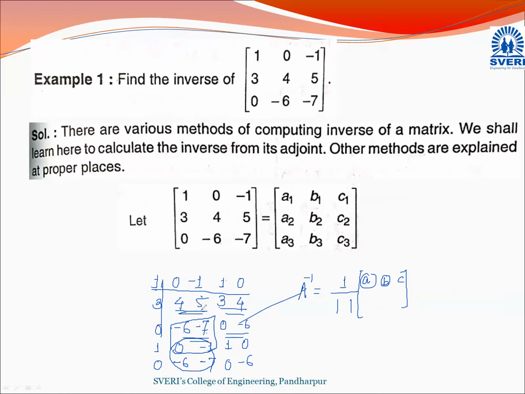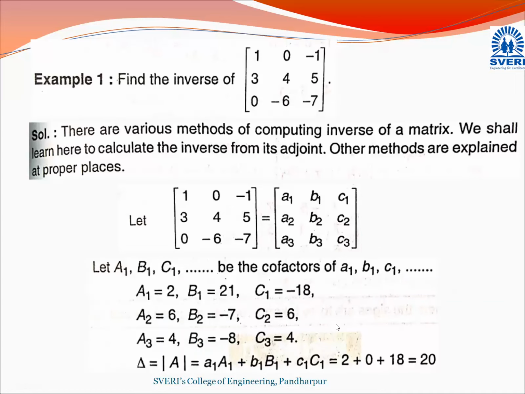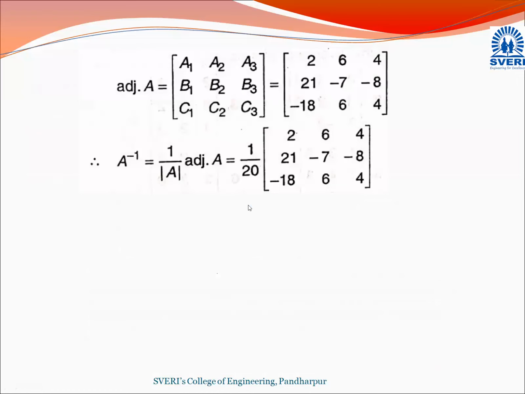Then next, we are going for that second. These two terms, right here. Then after that, next two terms. Suppose here A1, B1, C1, then A2, B2, C2. This is the quick method. Otherwise, you will go for that regular method. So here we have taken that finding out cofactors, and then after we have to find out determinant. And finally, we are getting that A inverse is equal to 1 upon determinant of A into adjoint of A.